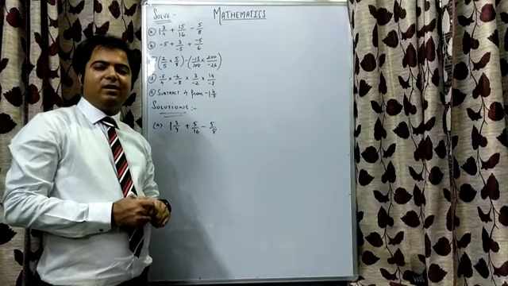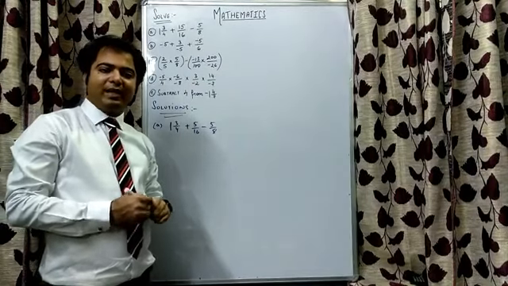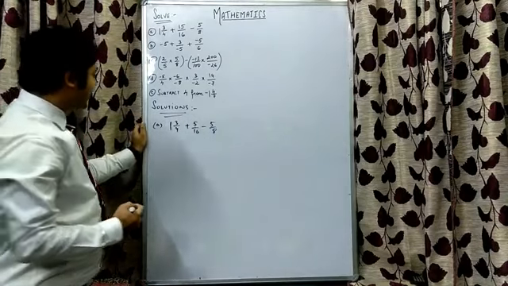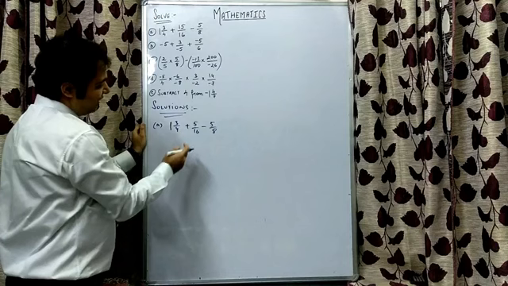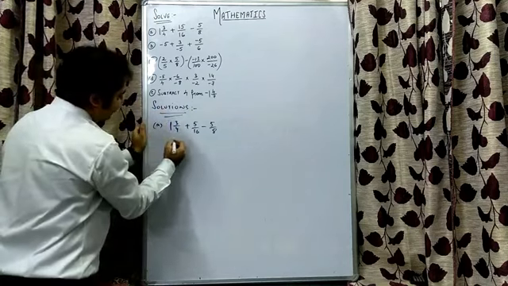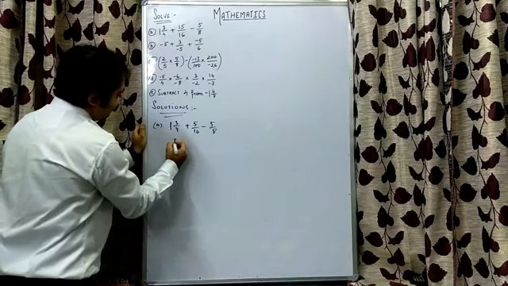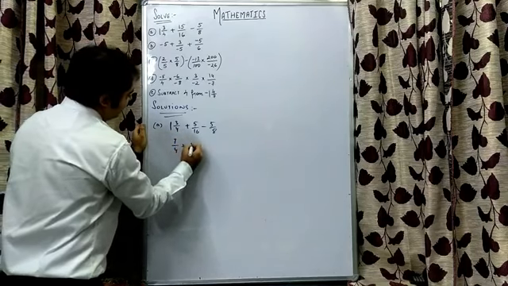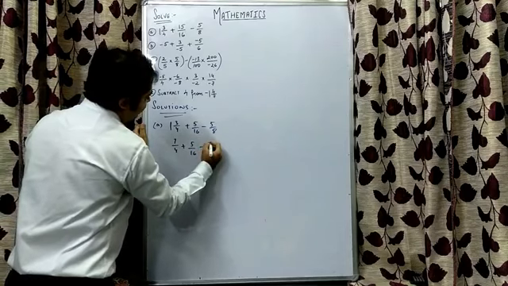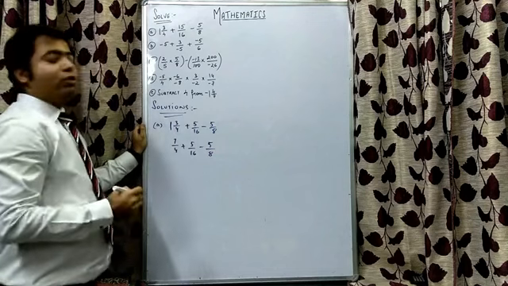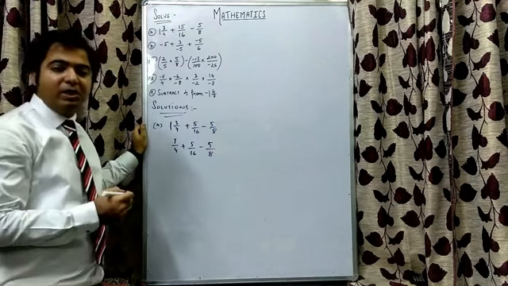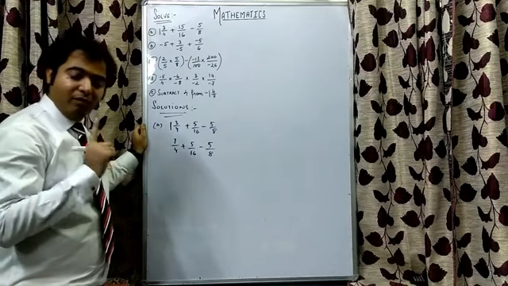To understand fundamental operations in depth, let us solve these given questions on board. The first one says 1 3 by 4 plus 5 by 16 minus 5 by 8, where this is our mixed fraction. We will convert them into improper fraction, that is 7 by 4 plus 5 by 16 minus 5 by 8, right? As I have told you before also, before operating anything on rational numbers, we will convert them into standard form. First thing.